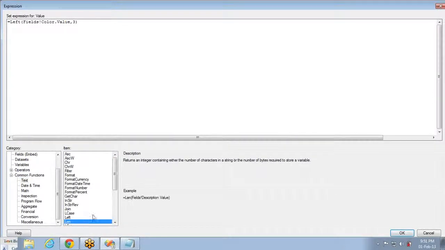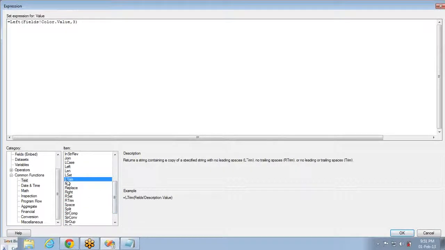And Len, it will give you the length of the string. In a few cases you may need this length function. One example is if the string length is greater than 10 characters, then show only 3, something like that. Based on the length of the string that is coming in, you have to make some decision. In that case, you can use the Len function. And you can use LTrim, which is a useful function. If there is any space on the left-hand side, it will trim it.